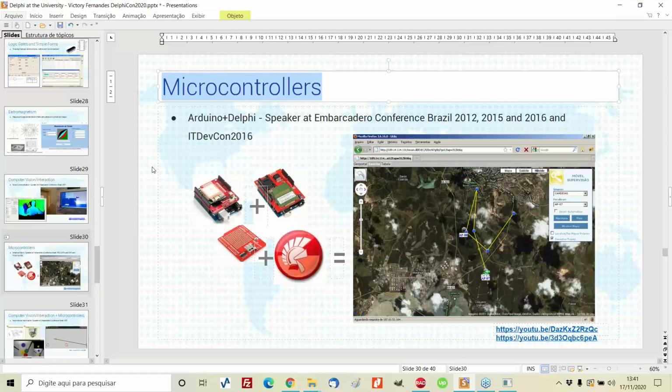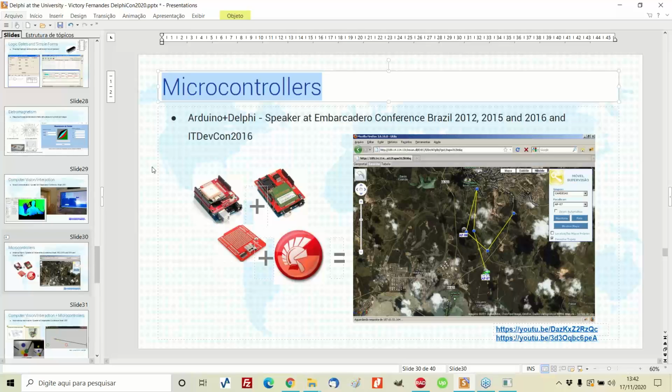Okay. At the time when I wanted to present this in 2012 at the Embarcadero Conference Brazil, I actually faced some resistance because the guys were like, okay, but then you have to show some C code, and the C code is not C++ code, and it's C code for Arduino, which is not the same, and this is not the focus.